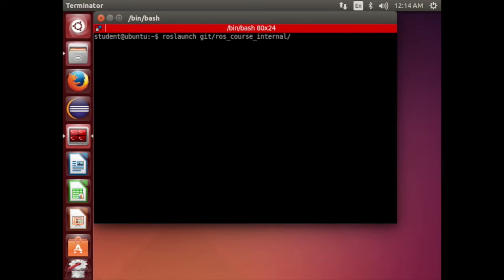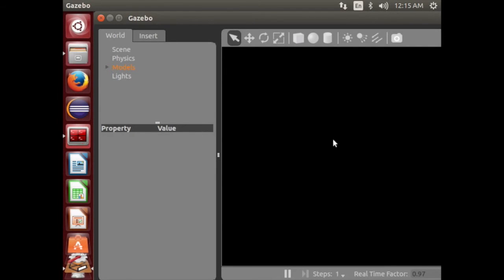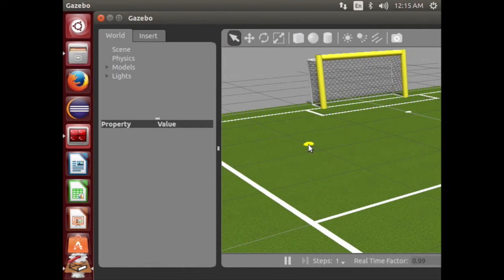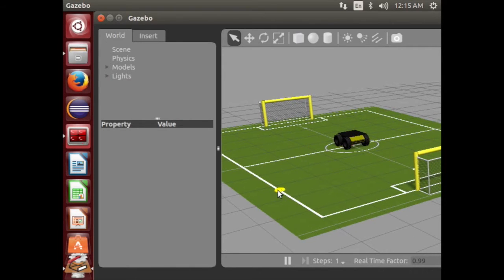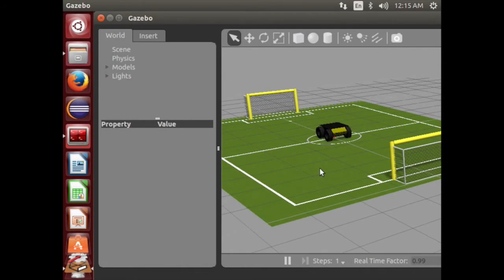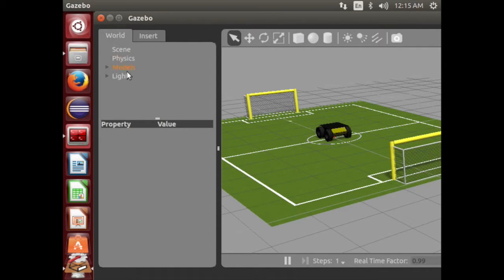in my case it's in an internal repository. So I just typed ROS launch and then the path and the name to the file. And with that you can also start the launch file without having a package. Now, it should look better on your PC. The resolution is pretty bad, but now you see that it started the RoboCup world, and as Peter mentioned, you can stop the simulation,